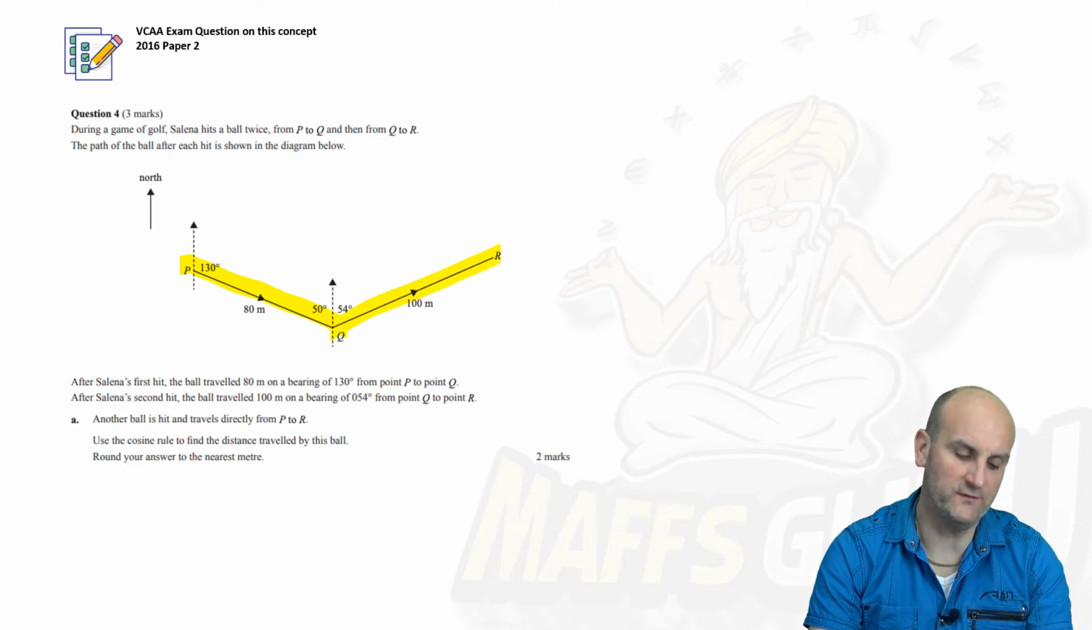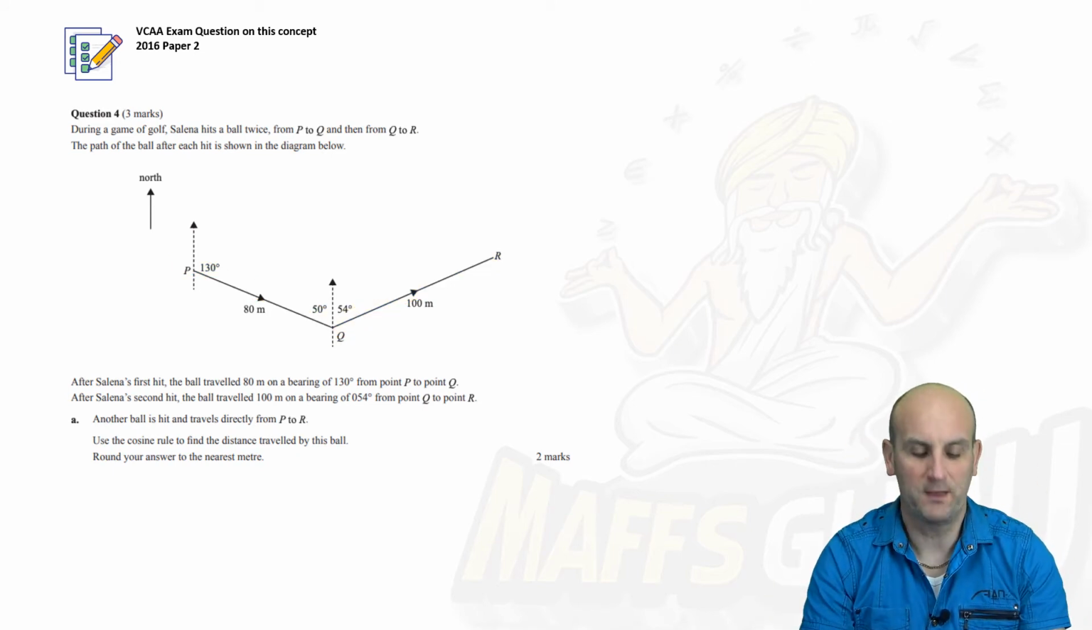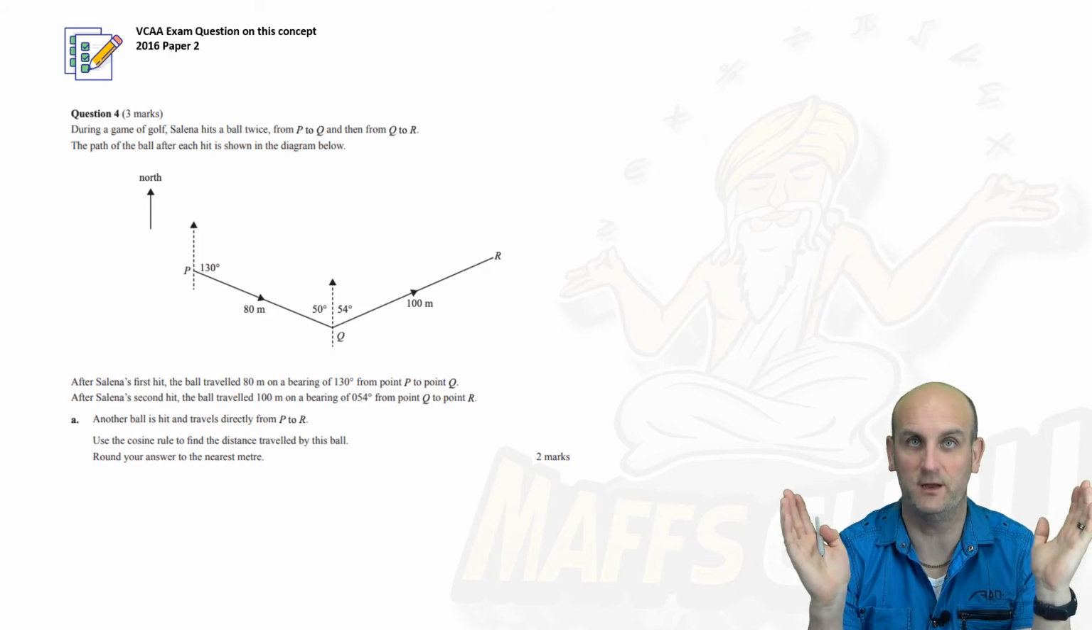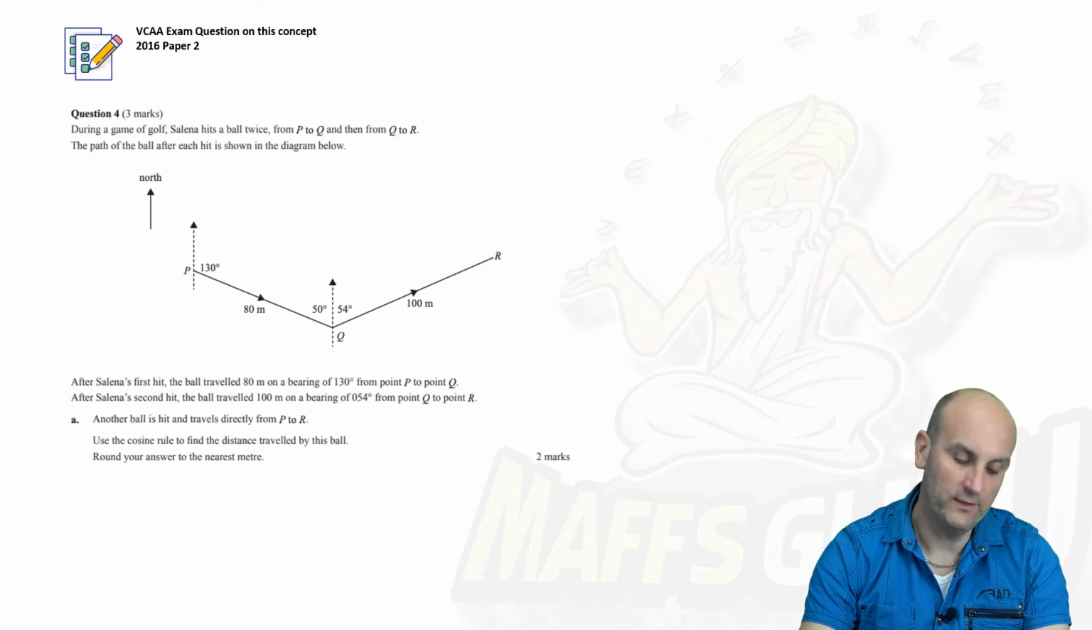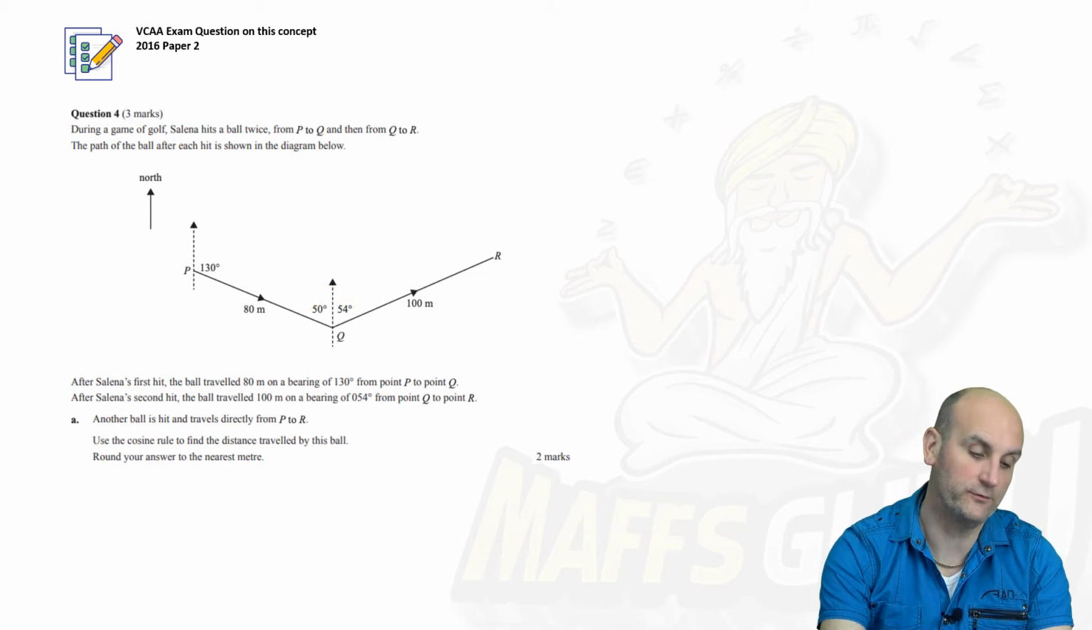The path of the ball after each hit is shown in the diagram below. Now, when I saw this question myself, my brain screamed at me it was a cosine rule. Why? I happen to have two sides of a triangle and an angle. They're trying to trick me here, because I've actually got two angles that I can